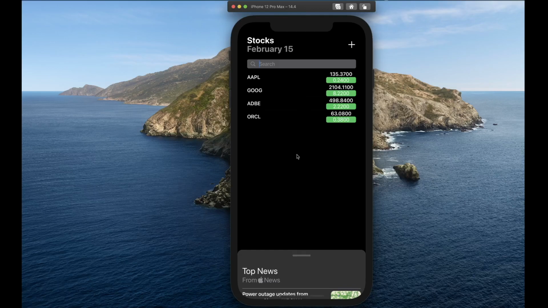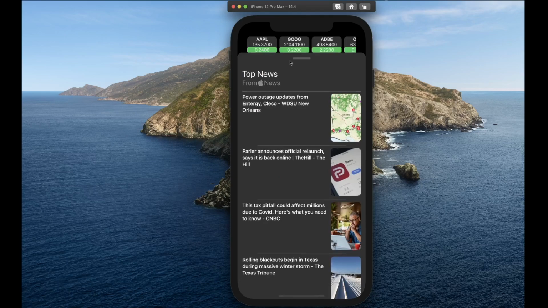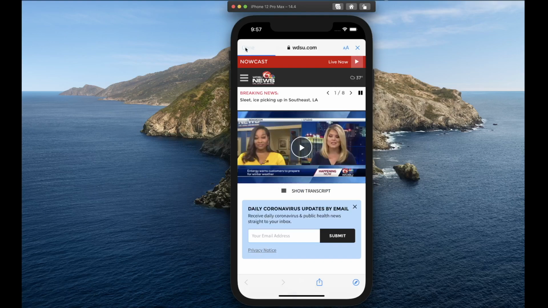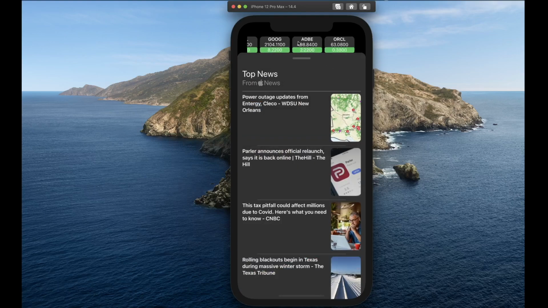And now as you have started building your watch list, you might also want to keep an eye on what's going on in the market with the news. So you have a news section right here, and this news section downloads news from News API. So you're going to be learning how to integrate News API and how to build this dialog box where it shows up, and you can click on each item to look at what's going on with the news. And you also have at the top your current stock market status, or current symbol that you're watching, their status.